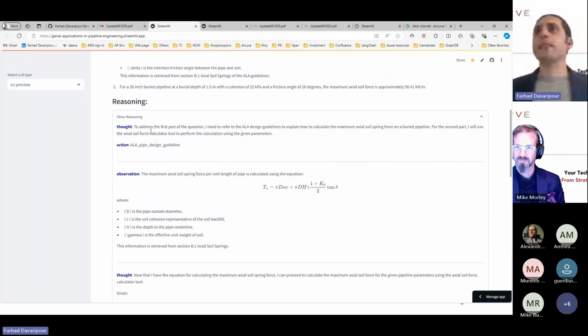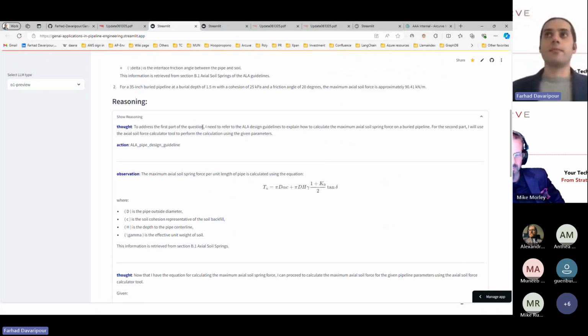First it says, to address the first part of the question, it has already broken down the question into two parts. I need to refer to the ALA design guideline to explain how to calculate the maximum axial soil spring force on the buried pipeline. For the second part, I will use the axial soil force calculator. So you can see that it's not using its